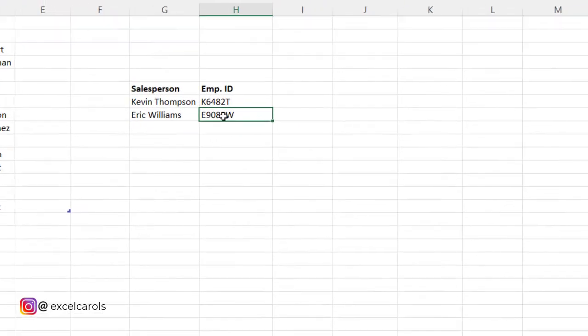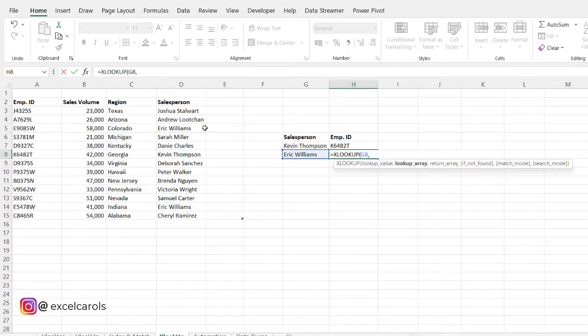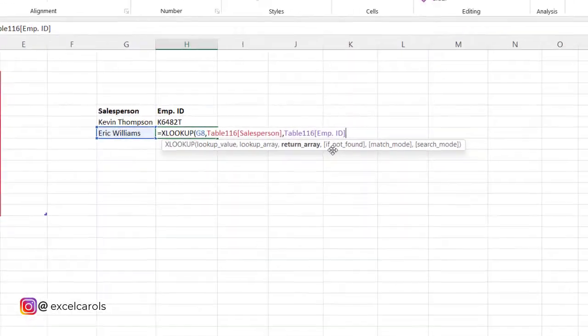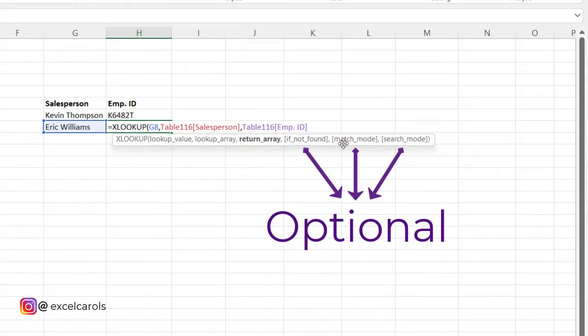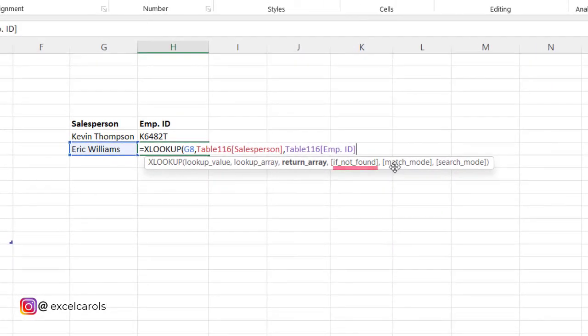To modify a little bit, let's type it again. Select XLOOKUP, enter the lookup value, select the lookup array, select the return array. Now these arguments are optional, but in a situation like this we will have to select one of these arguments. The first argument is if not found, that is, what do you want XLOOKUP to return if your return value is not found. For us this is not important because we have all the return values available. Let's skip this by pressing comma.